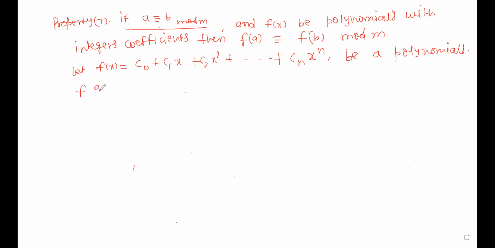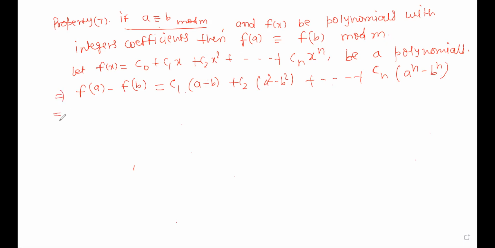And f(a) minus f(b) can be written as c1(a minus b) plus c2(a squared minus b squared) and up to cn(a raised to power n minus b raised to power n). And this can be written as f(a) minus f(b) equal to c1(a minus b) times c1 plus c2(a plus b) plus cn